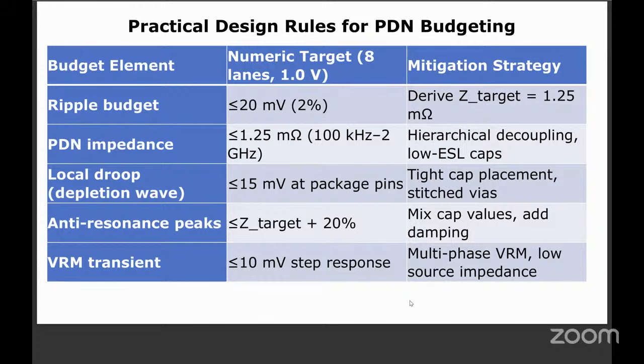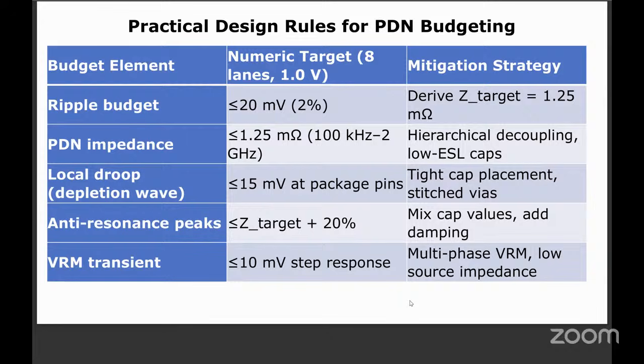Practical design rules for power integrity budgeting. Budget element, ripple budget, less than or equal to 20 millivolts. Numerical target: 8 lanes of SerDes lines we are talking about, operating at 1 volt. So 20 millivolts. Mitigation strategy: derive target impedance to 1.25 milliohms. PDN impedance less than or equal to 1.25 milliohms, 100 kilohertz to 2 gigahertz range. This 100 kilohertz to 2 gigahertz range has got a valley of death that I'm going to cover after another